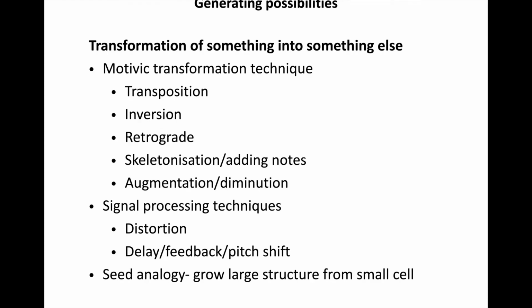Now, what about transforming something into something else? This is a very specific sort of technique. This is when we take some musical material and then we transform it. Like we might play, then we might play, then. So I took the same little 3-note progression and then transposed them up. Or I could do an inversion. There are lots of processes we can apply to a bunch of notes to create a new musical idea.